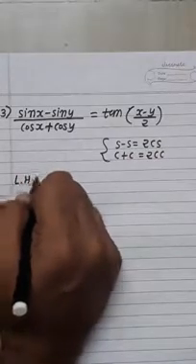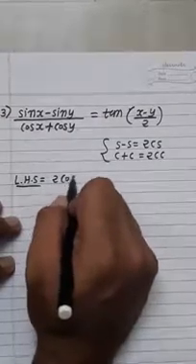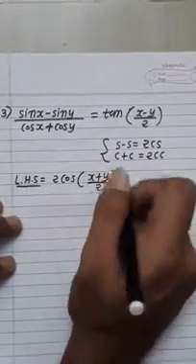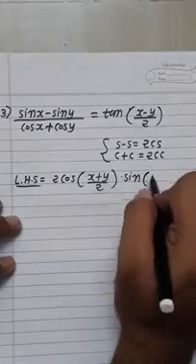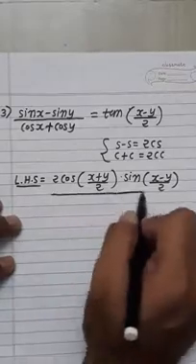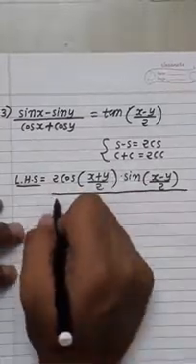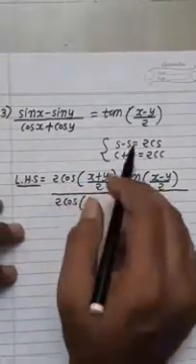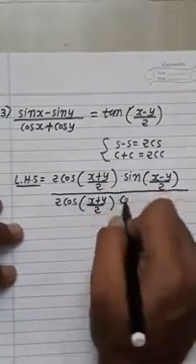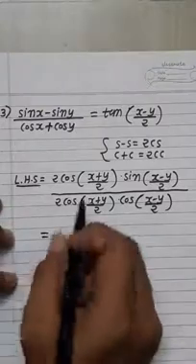So now start from the LHS side. In the numerator apply this identity. So 2 times cos((x plus y) divided by 2) into sin((x minus y) divided by 2) upon, in the denominator, the cos plus cos form is present, so apply the identity: 2 times cos((x plus y) divided by 2) into cos((x minus y) divided by 2), so is equal to, now again